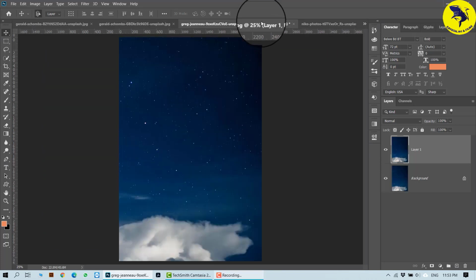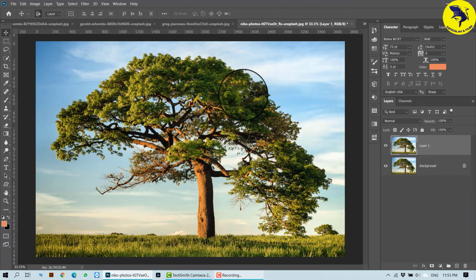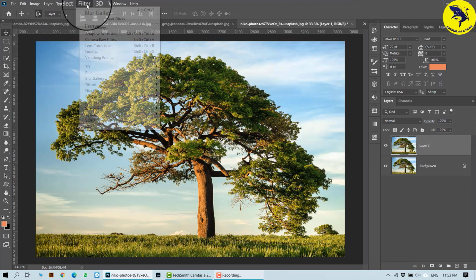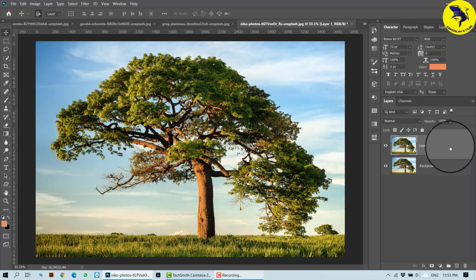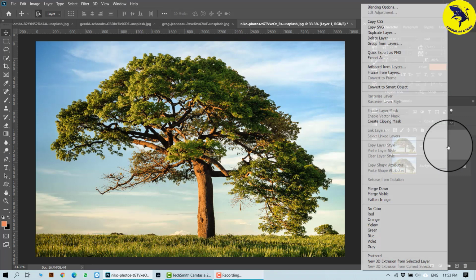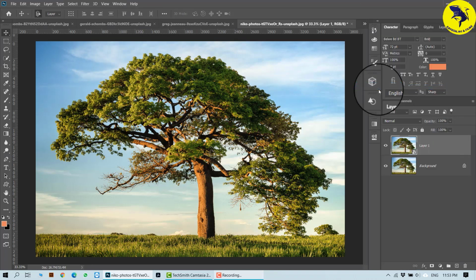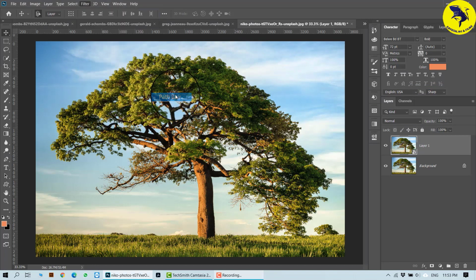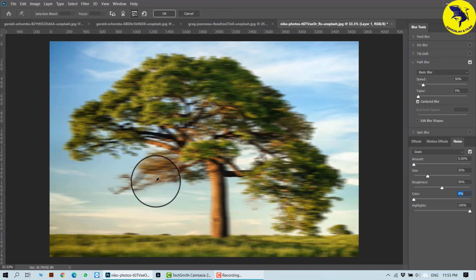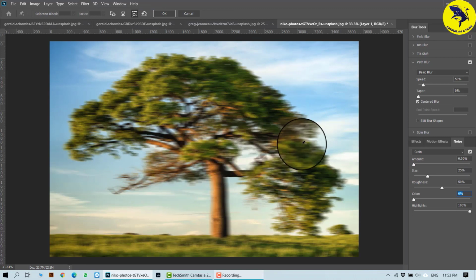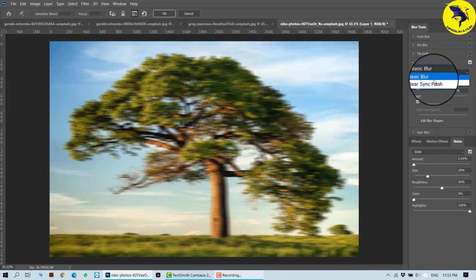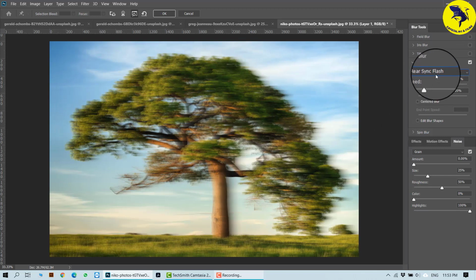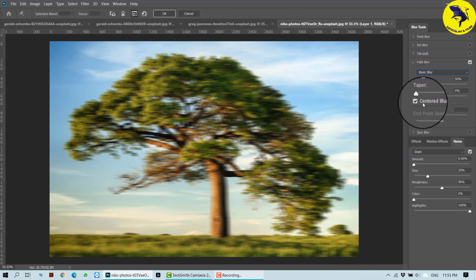Now we'll go for another picture, and here I'll show you the other filters. I'll go to my filter, it's already selected. We'll just make this into a smart object. Right click and convert into smart object, and we'll go to filter, filter gallery, and this time we'll go for path blur. So now what path blur does is, you can just go for basic blur or a flash kind of blur, which is more like a motion effect. You can specify what blur you want to do.